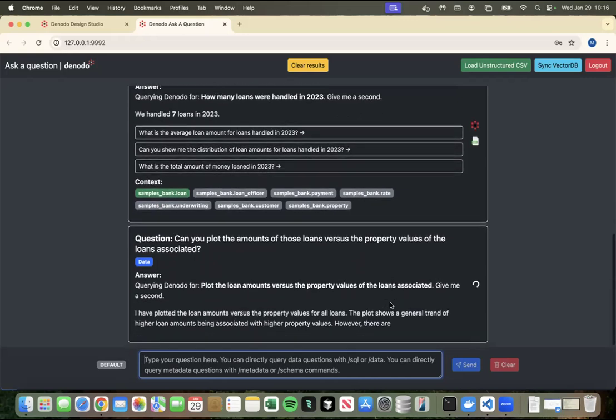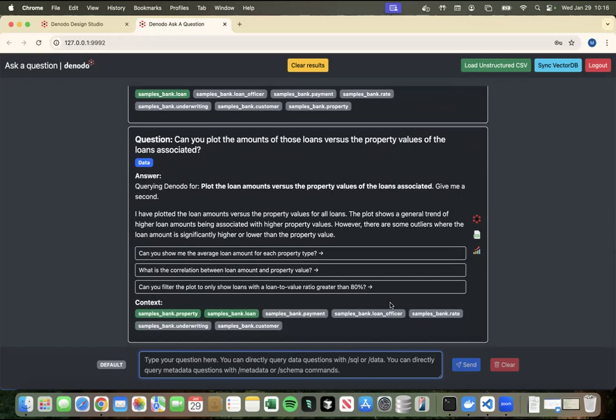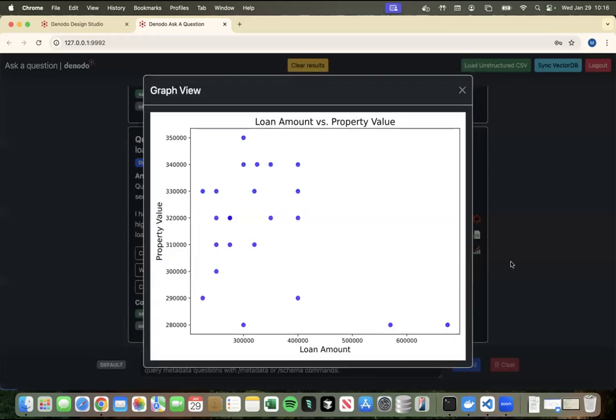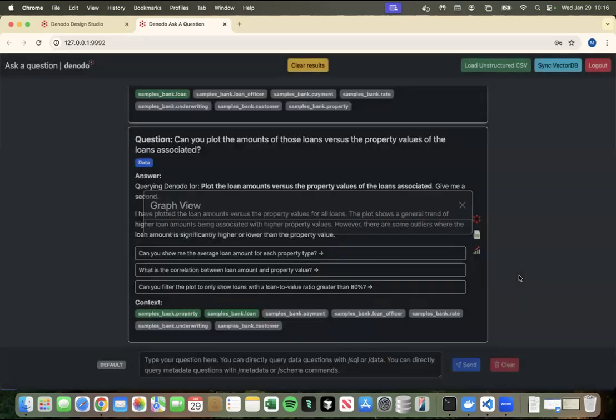The other is the graph generation part of the SDK, which is really good to get a feel and start to explore the data you have in your data sources. So here it said I have plotted the loan amounts. Let's check out the graph. We can see here the different loan amounts. For this loan, for example, it's got more or less the same loan amount, but this one over here, the loan amount is higher than the property value. But let's say I don't really understand what this data means, right?